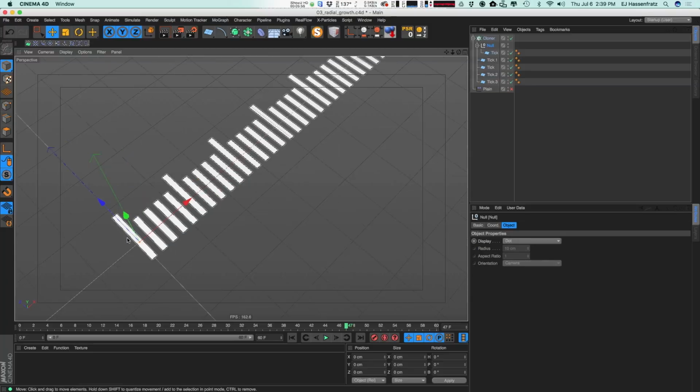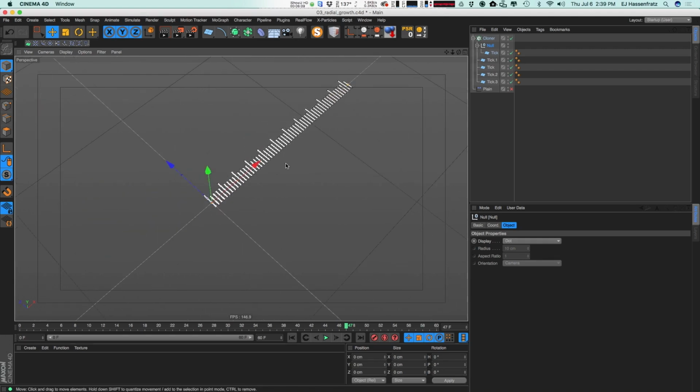All right, so that was a super quick overview of all of the features included in the Lite version of Cinema 4D. Let's go ahead and check out all of the features included in only the Studio version of Cinema 4D. All right, so here's a little clip from an older tutorial of mine that's utilizing one of the most